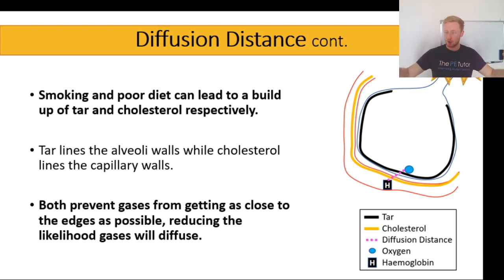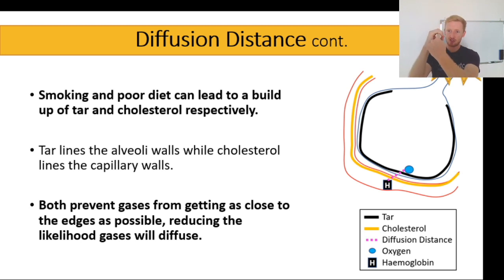So lifestyle choices, such as poor diet or lack of exercise, can lead to a build-up of cholesterol inside these capillaries. If we eat a high-fat diet and we don't convert all of the fat that we consume, or any sort of foods, if we don't convert that calorie and energy consumption into outputs, we need to store it inside our body. One place that we might store some is inside these capillaries. So if we were talking about distance, alveoli and then capillary wall, but if we've got extra lining of fat on one side before we get to the blood,